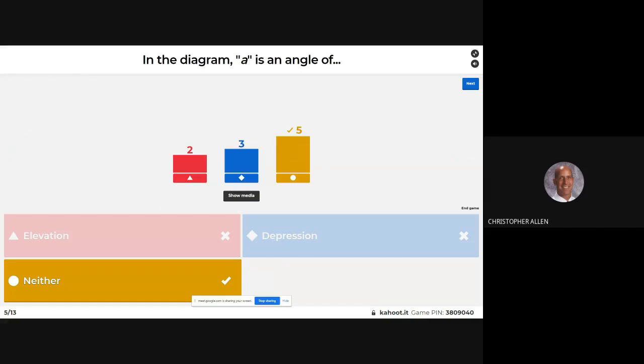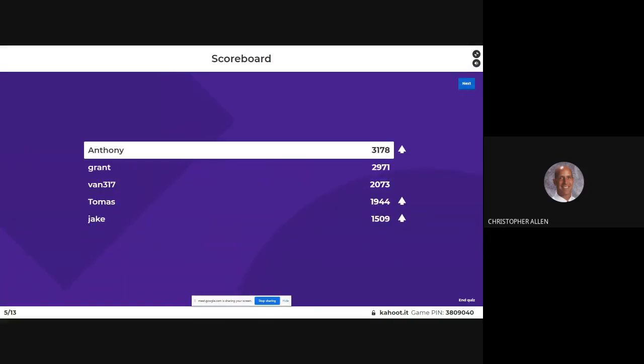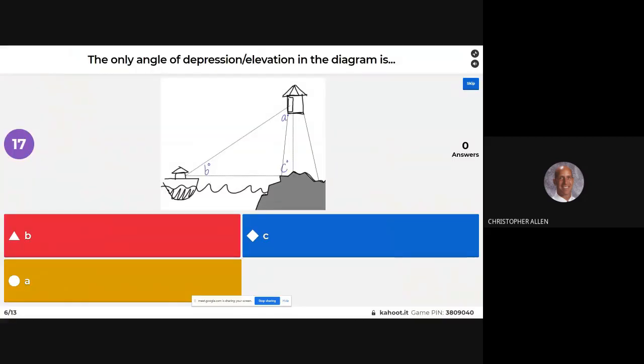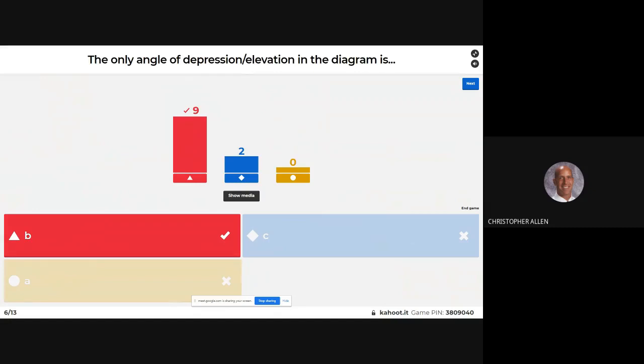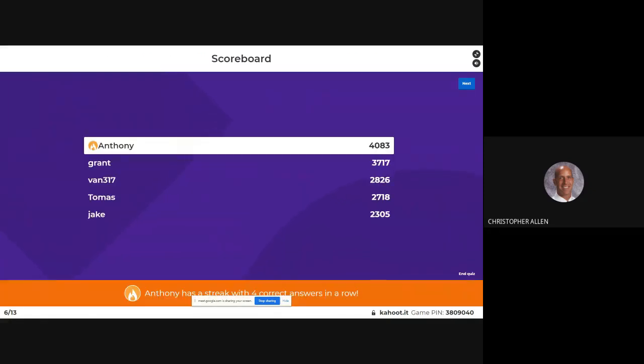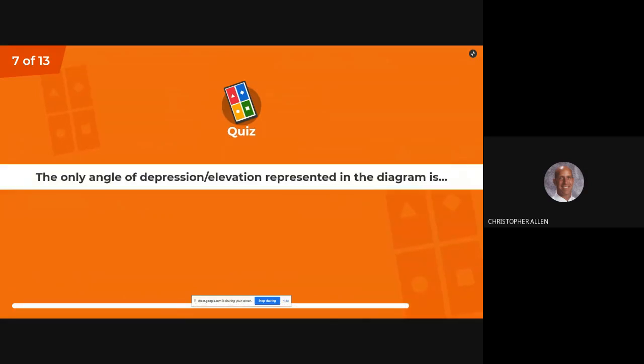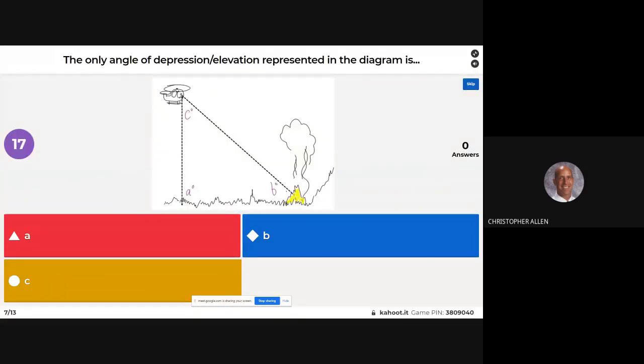Okay, it is neither. Nice. I didn't get you guys that time. You guys are figuring it out. Anthony, you have moved into first. The only angle of depression elevation in the diagram is Grant, you're in second. Vaughn, you're in third. The only angle of depression elevation in this diagram is